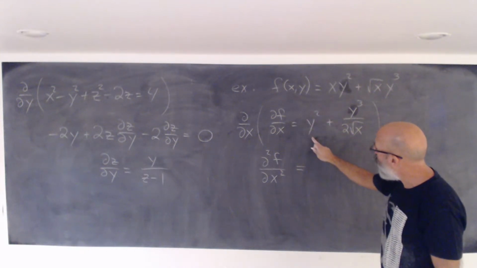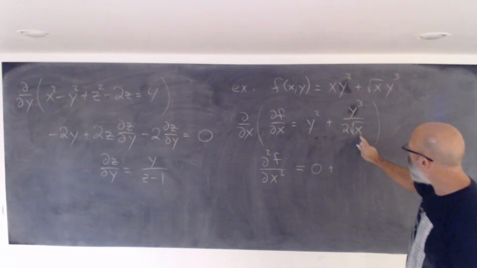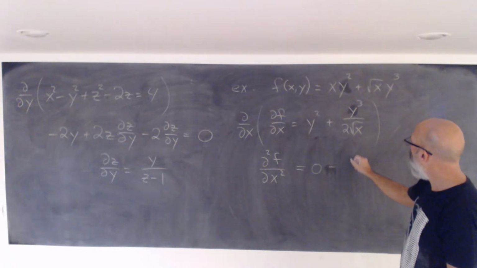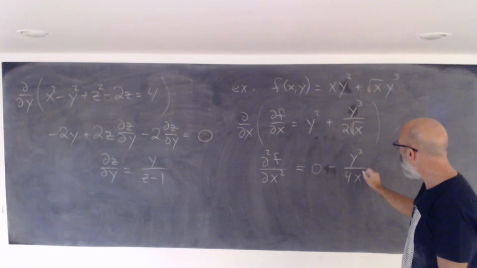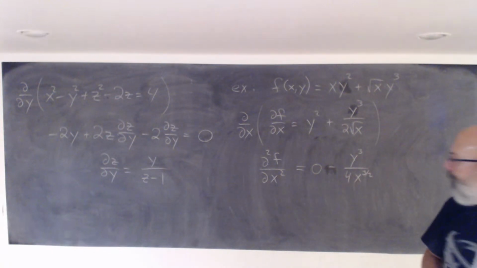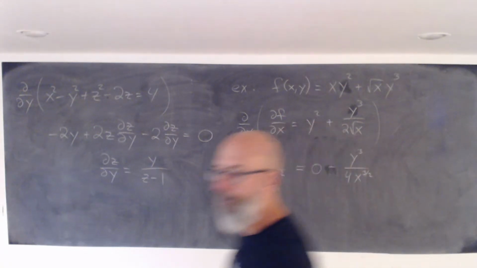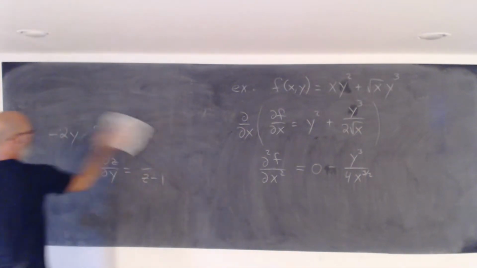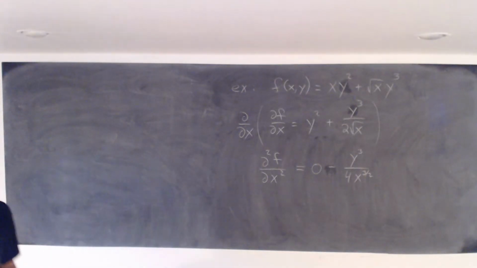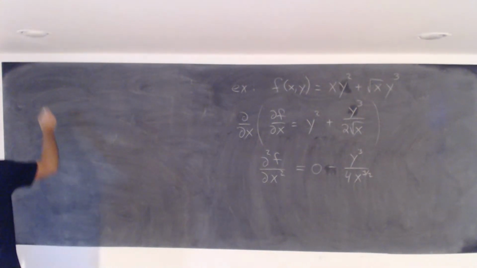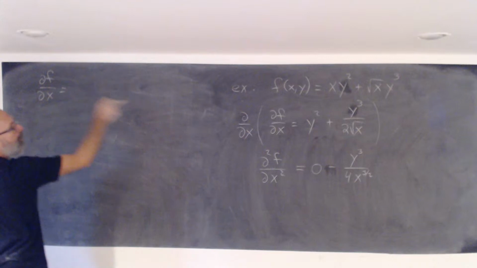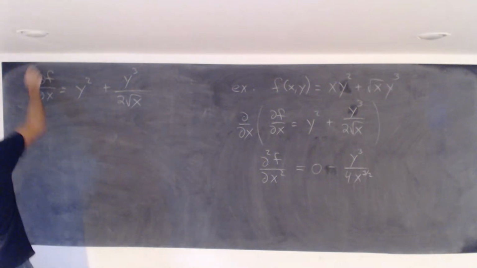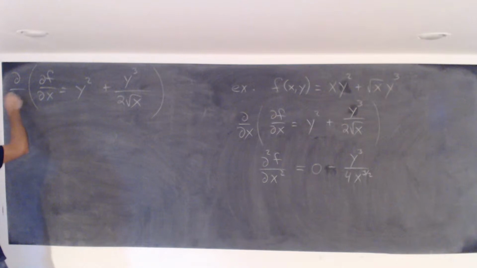The derivative of this with respect to x is 0. The derivative of this with respect to x is minus y cubed over 4x to the 3 over 2. Similarly, if we had df dx as y squared plus y cubed over 2 root x, if you differentiate the whole thing with respect to y,